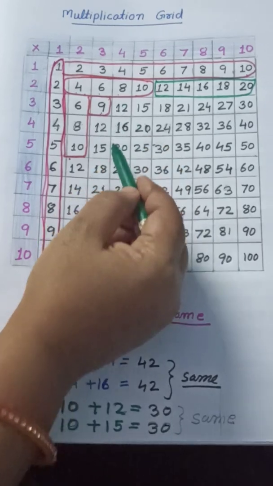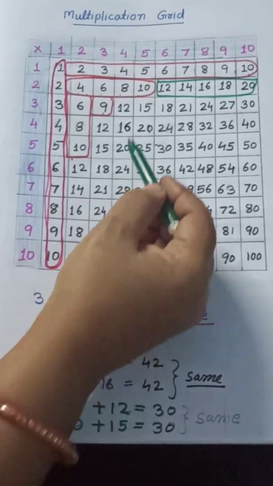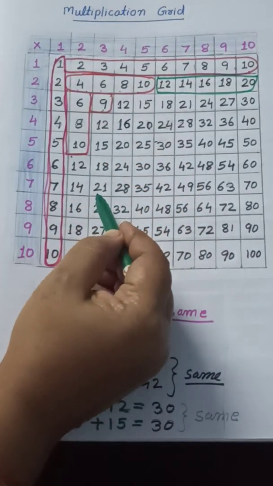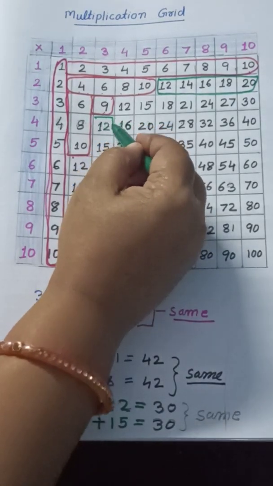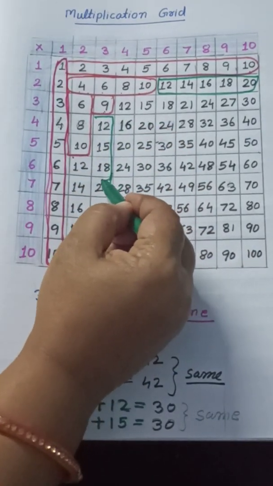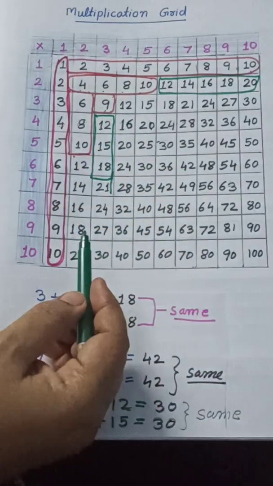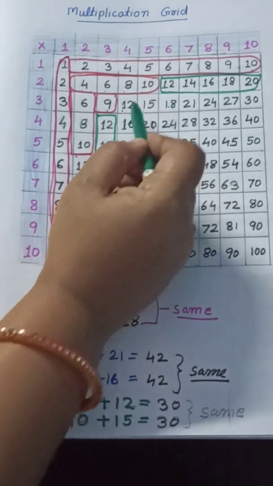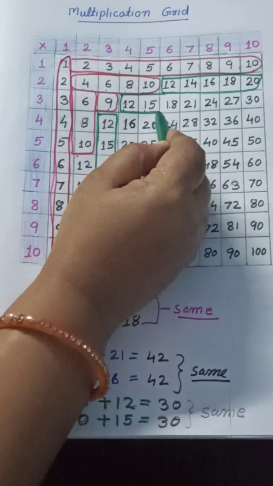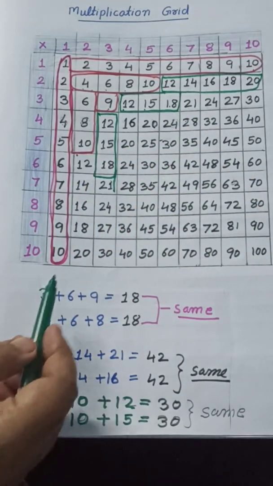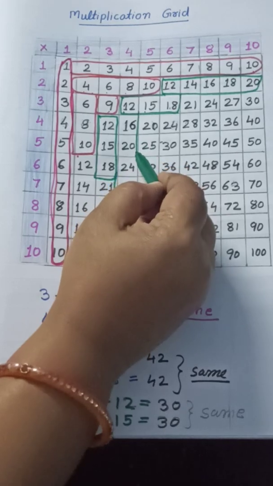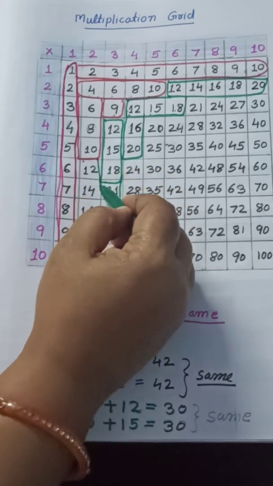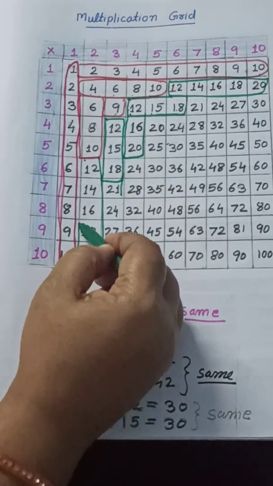Now can you find it? Is there 12 to 20 anywhere else? Yes. Are you seeing here? 12, 15, 18. 21 we cannot take because it is a bigger number, bigger than 20. Now here you can also see 12, 15, 18. So here also we can take up to 18. Okay. Now here 12. Now is anything remaining? Yes. Here also 12 to 20.